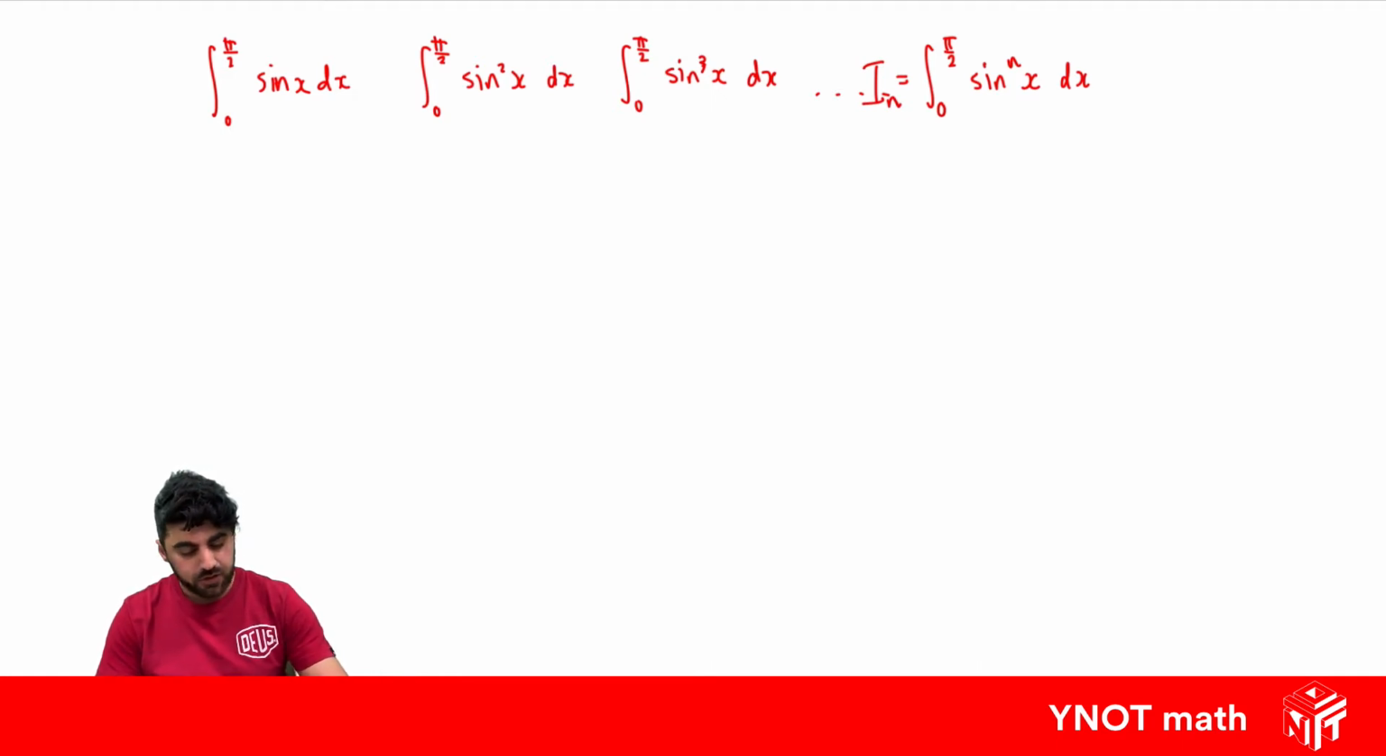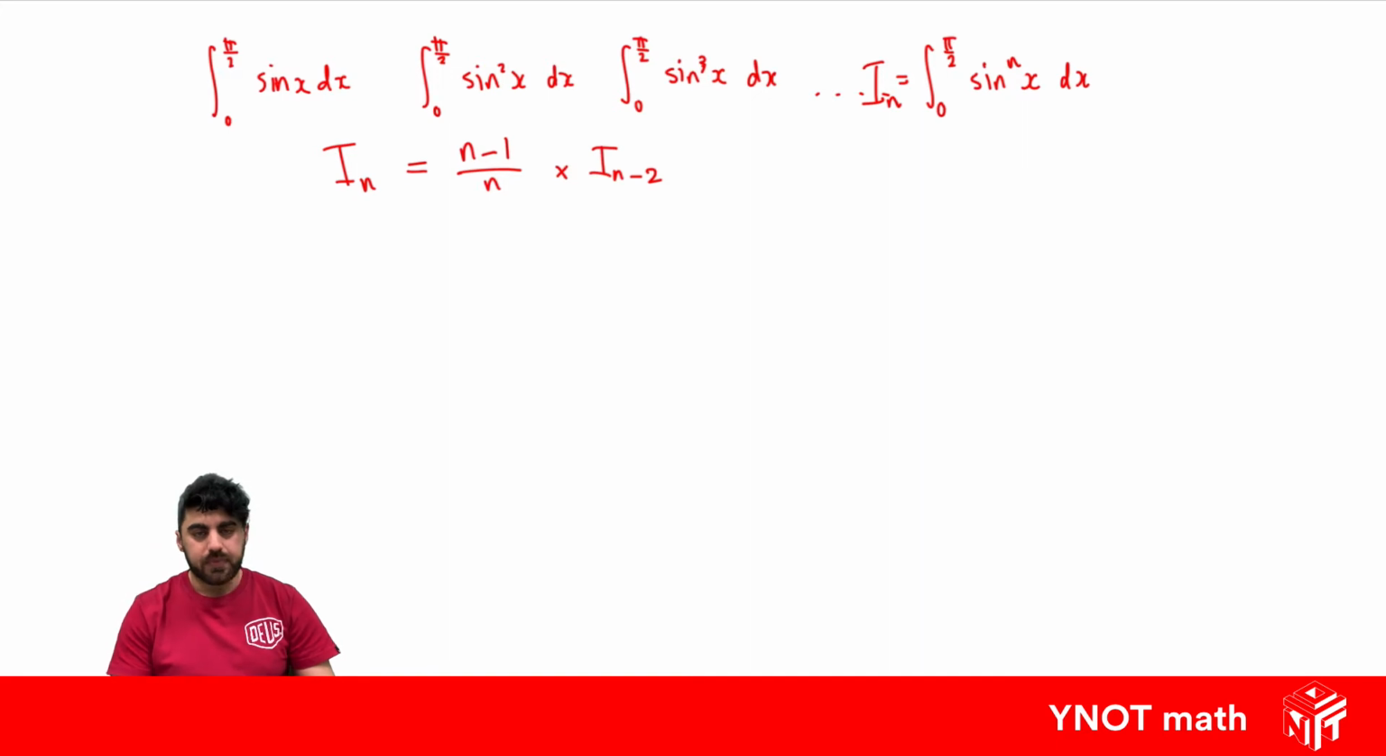And it can actually be shown that I n is equal to n minus 1 on n times I of n minus 2. And the reason this can be helpful is that once we know one integral, we can use it to find all the others. So for example, we could easily find this integral over here, I1,